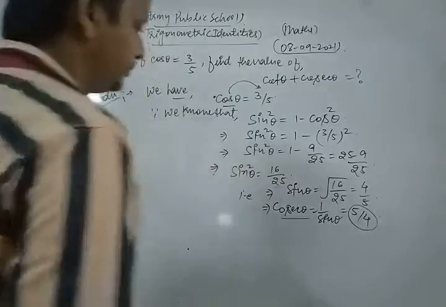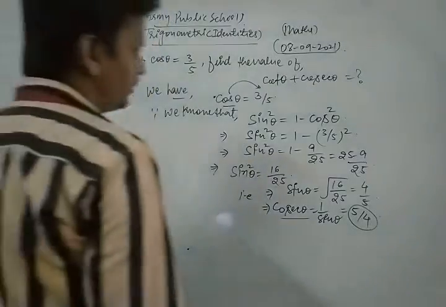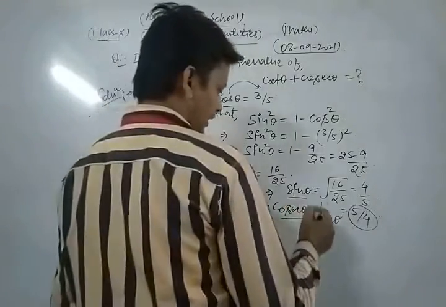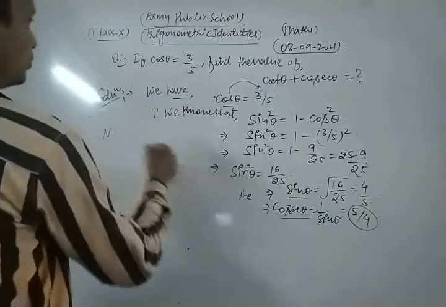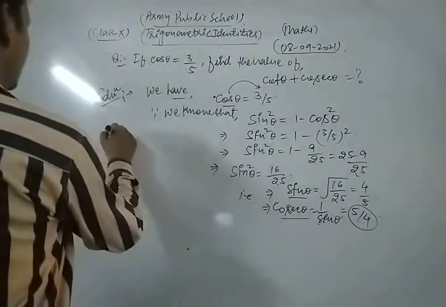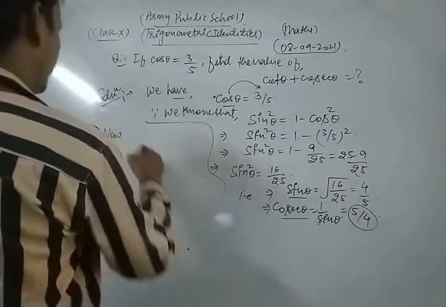Okay, dear students. So in this way we get the value of sine theta as well as cosec theta. Now we also find the value of cot theta. Since we know that